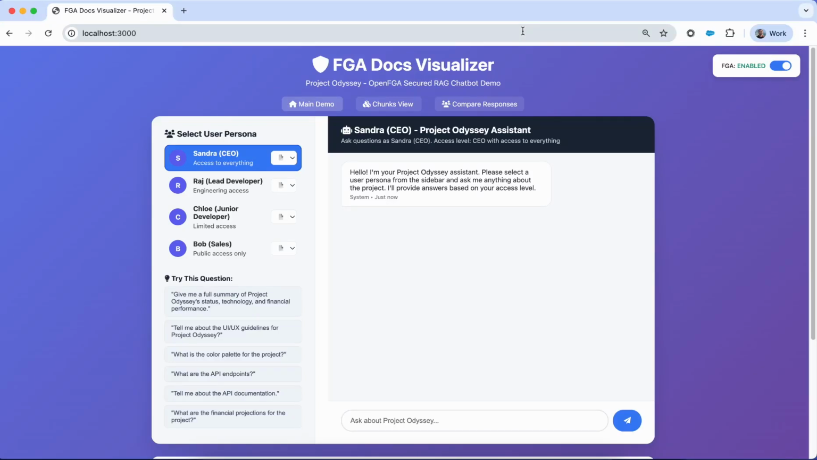This is a demo in which I have a local company chatbot, which is trained on an internal knowledge base, and the users can ask different questions related to the company to this chatbot. Now we are using FGA to make sure that proper authorization takes place before a response is shown